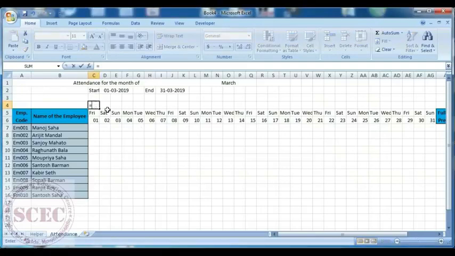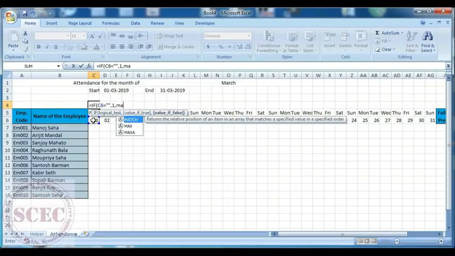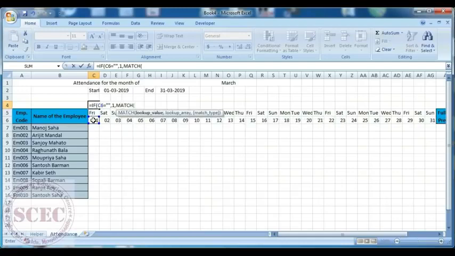In this case the MATCH function will help us. First we have to put IF, bracket open, C6 equal to blank, then it will give 1, otherwise we will give a match formula: MATCH C5, comma, this dates range.